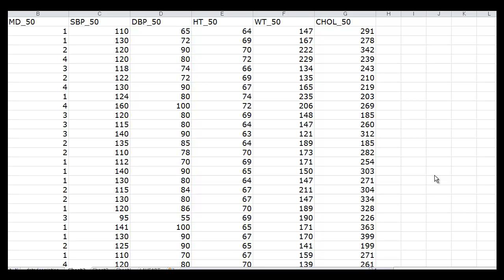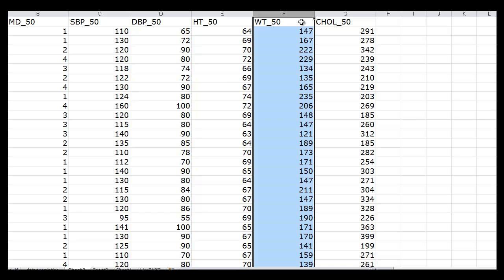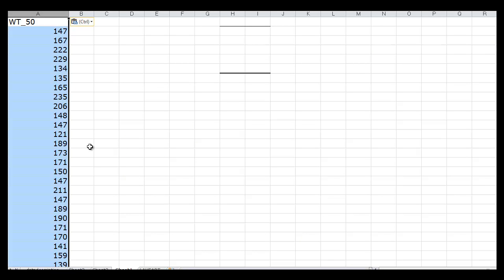Now we are going to use Excel to make a histogram. So say for the purpose of making a histogram, we are selecting this particular variable, that is the weight of these people in pounds. Okay, so what I'm doing is that I'm copying this, and I could work right here in this worksheet, but I thought, well, let me take it to another place. It might be easier to handle.